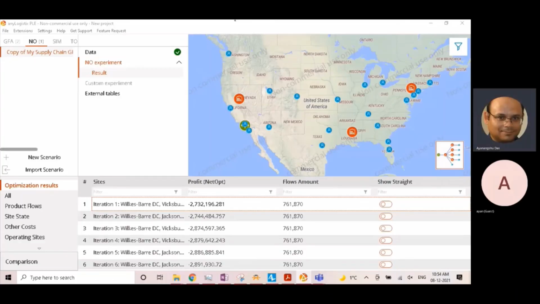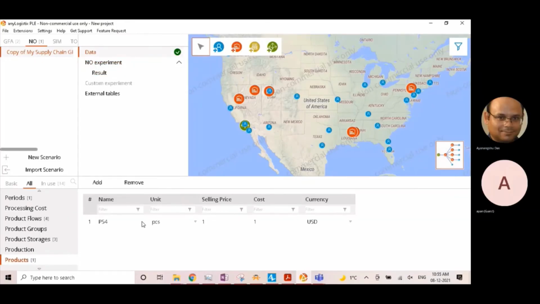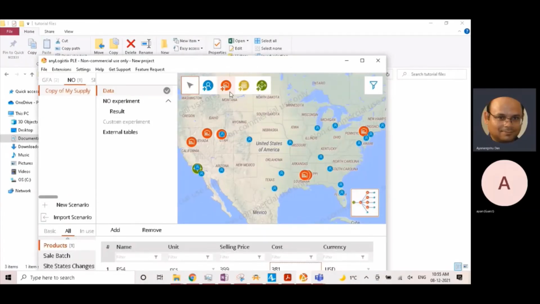So we'll specify the cost and then the selling price of this product. We will navigate to the products table. And then we specify that the selling price for a unit is $399, and we specify that the cost is $381. So far we see that there is $18 profit for each unit. Now, if we run this network optimization experiment,